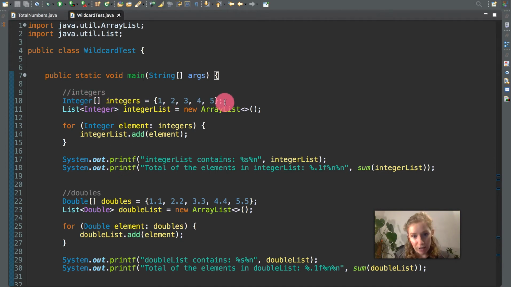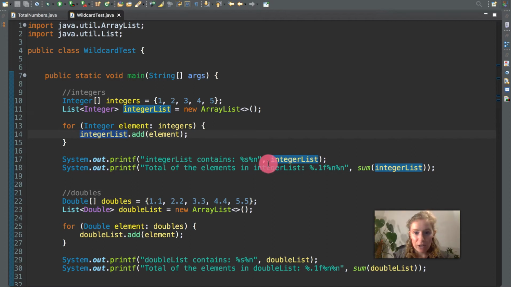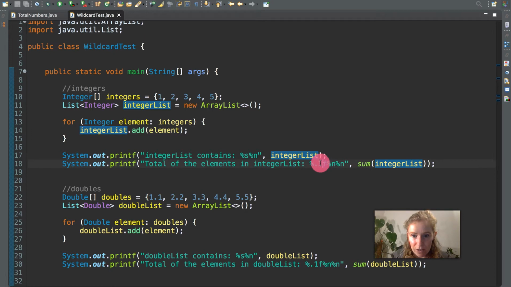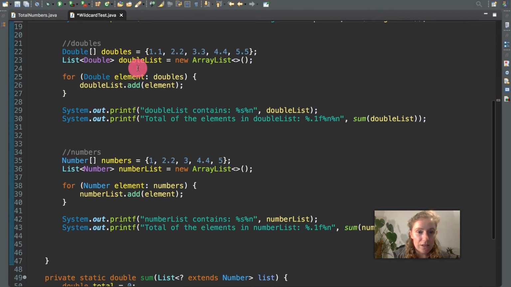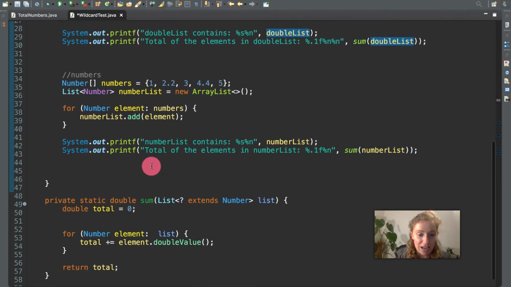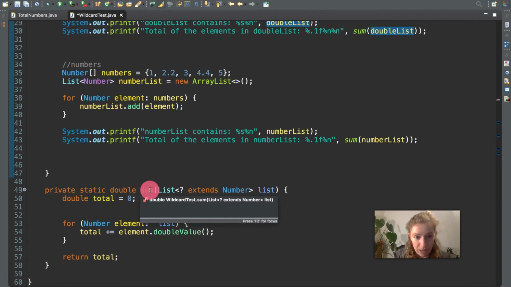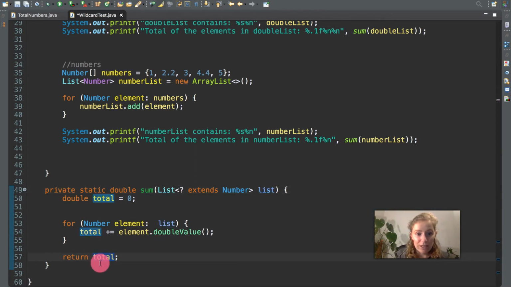For now, we're going to walk through just part of the code here. We have integers, and then we have our array list, array even. And then we have those values that are put into the integer list, which is part of our collection, an ordered collection. And then we have our printed out version, so integer list here, and I actually have to change this to D, although it works, and double, and then this as well. So here we have our doubles, the same as before. Doubles here is then being added, put into each element, and then each element is being added to the list because the dot add is part of the list. And the same here then with numbers. And then we call our private static double sum method of unknown type extends number list, and then we pass it through and add it to the total,